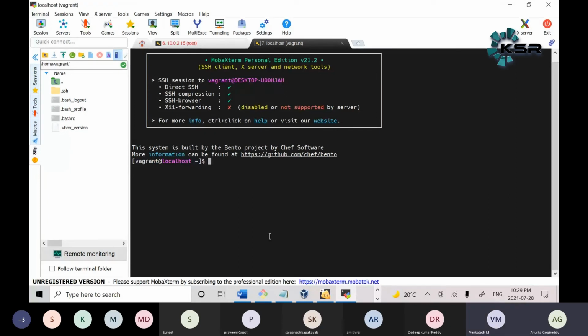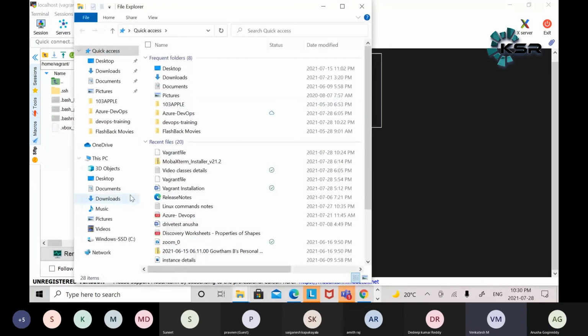Okay guys, so your VM is available. As I mentioned, once you are done with your work, you can shut down the VM by running the command Vagrant suspend. If you want to restart it, Vagrant up. Whenever you want to bring it up, go to the Users folder, Anusha, then DevOps training, open Git Bash in that path, then run Vagrant up. That's it. Your VM is available for you.